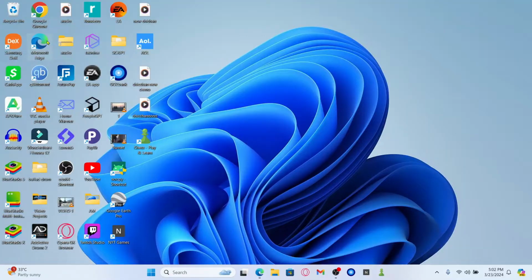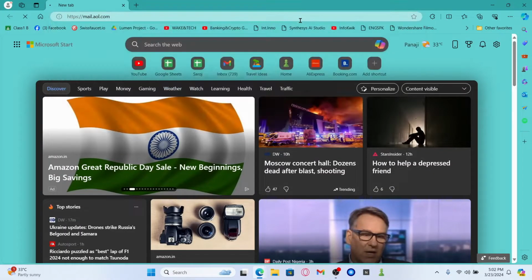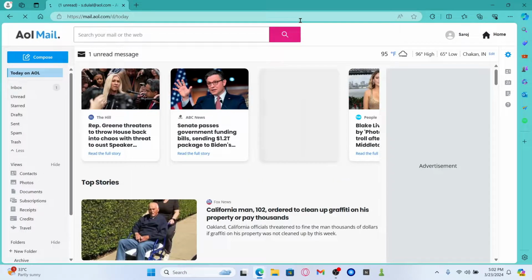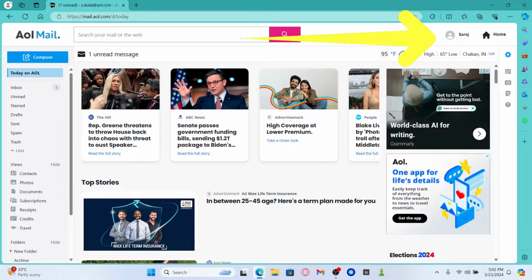First of all, open up your web browser and then in the address bar type in mail.aol.com and press enter. You will now be taken into your official AOL mail website. If you haven't already logged into your account, click on the login button at the top right corner and then use your login credentials. After logging into your account using your credentials, you will be taken into your homepage for